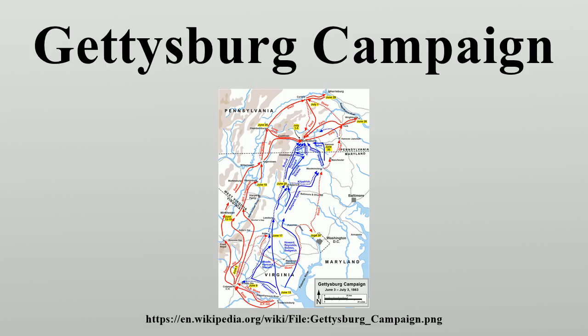In essence, Lee's strategy was identical to the one he employed in the Maryland campaign of 1862. He had discovered only recently the secret of how Maj. Gen. George B. McClellan had defeated that invasion, by intercepting Lee's famous lost order to his corps commanders, which compelled him to fight in the Battle of Antietam before he could fully concentrate his army.